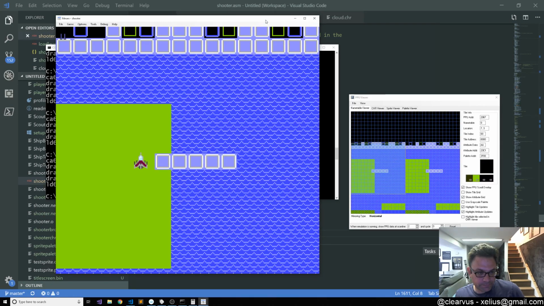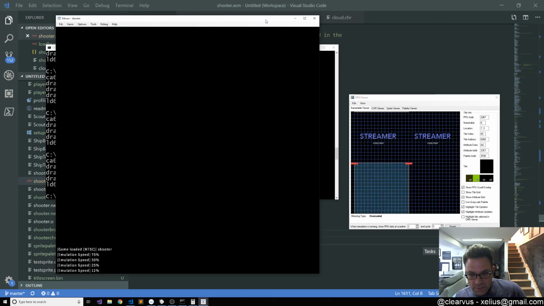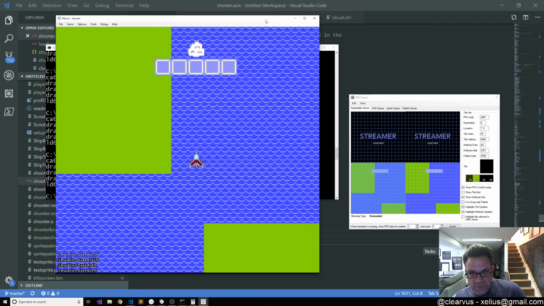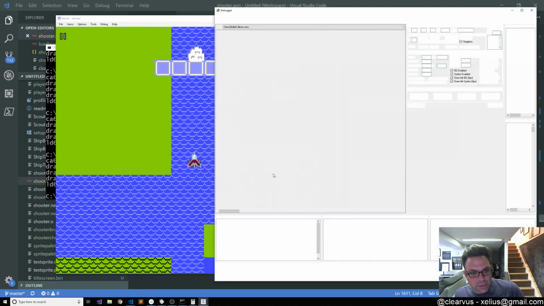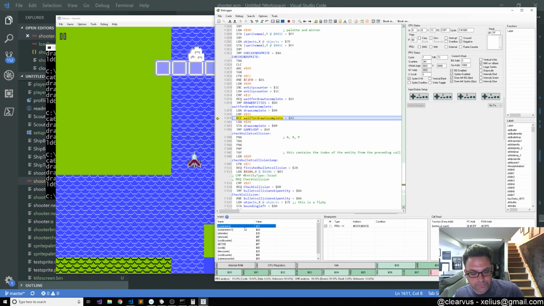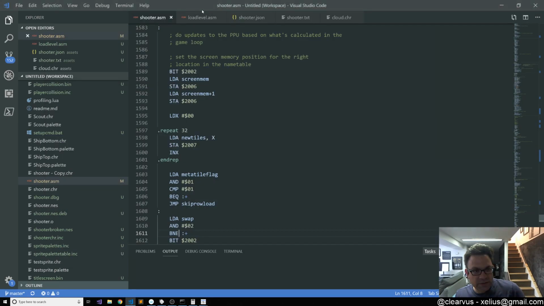So what gives? Because what we should be seeing is that once we start updating that swap, let's take a look at the debugger and look at scroll Y. I know I had it there and deleted it, but I just want to clear everything out. So scroll Y is 0, and swap is 2, which means that,